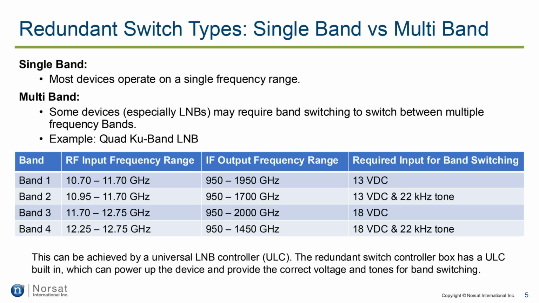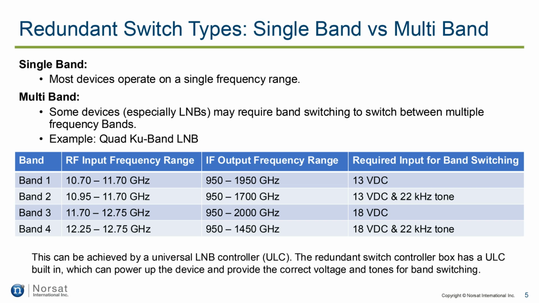Some devices, particularly LNBs, can switch between multiple frequency bands, allowing a single device to operate across several bands. This switching is typically controlled by varying the input voltage and input tone frequency to the LNBs. For example, a quad-band LNB can switch between 4 bands within 10.70 to 12.75 GHz. The RF input frequency is usually wideband, and then the LNB downconverts a portion of the band within a 1